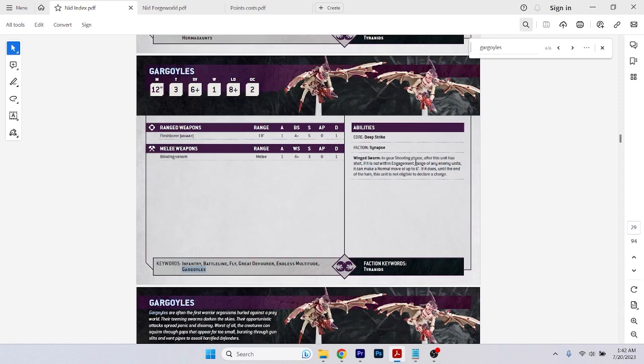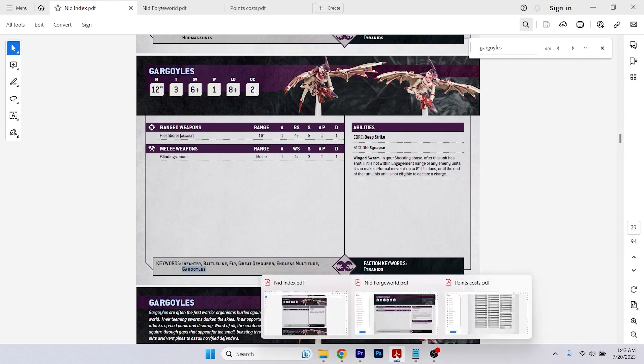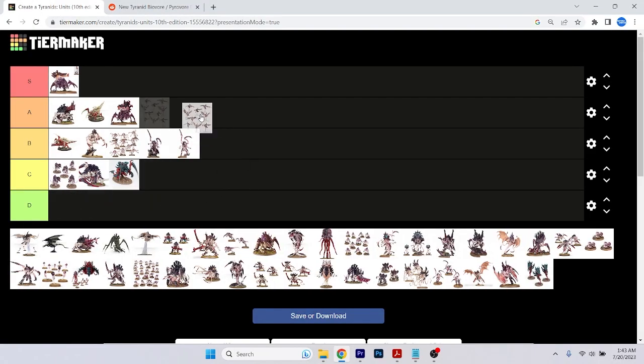So for 75 points, I think these are pretty much a must-have. And for that reason, even though their general strength of profile to points cost is very bad, it is almost a requirement in the meta to have zoning and to have units that are good for capturing points. 2 OC on this cheap of a unit is very good for capturing points. That's what they're made for. So they do their job perfectly. For that reason, I am going to put them in...